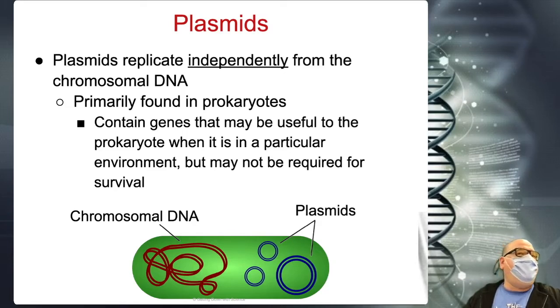They have genes that aren't required for survival. They don't necessarily show up all the time, but they might be useful in certain environmental conditions, okay? So listen, what we're going to do with these bacteria, we're going to take a very harmless version